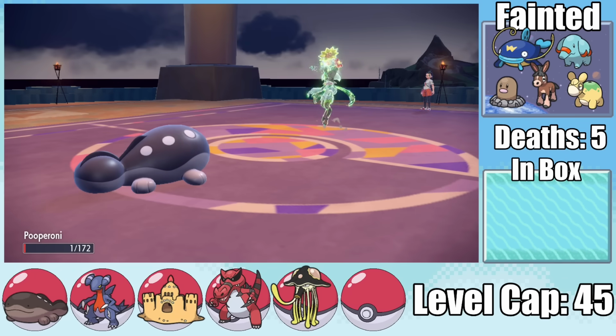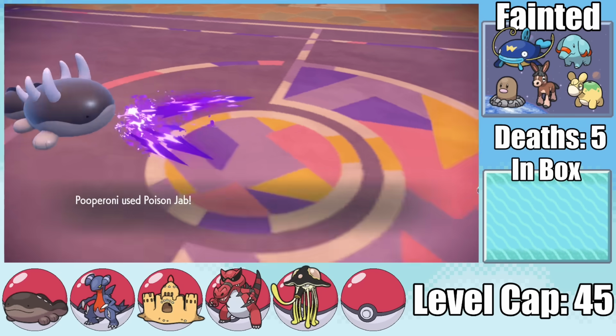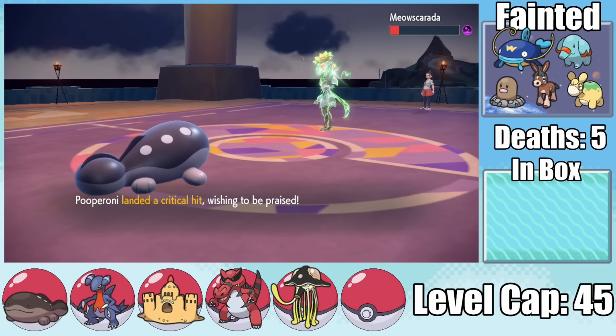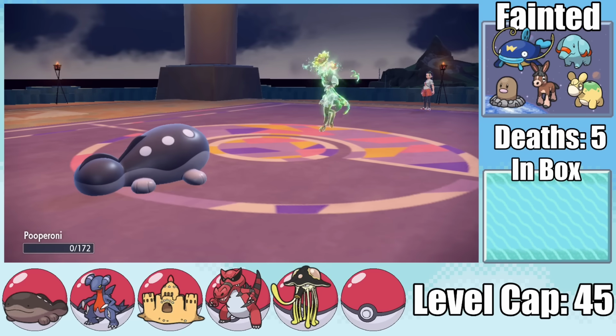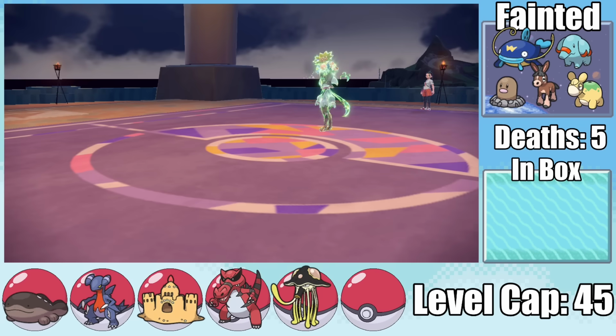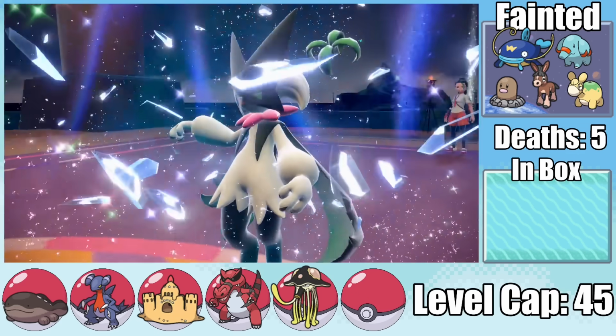A quick attack is then enough to take me out, but once again, Clodsire clutches out, surviving on 1 HP and able to fire off a Poison Jab. The poison at the end of the turn, however, isn't quite enough to take Meowscarada out, so the next turn, it's lights out for Clodsire. But with that toxic damage at the end, we are at least able to seize the win, only losing 2 Pokemon,